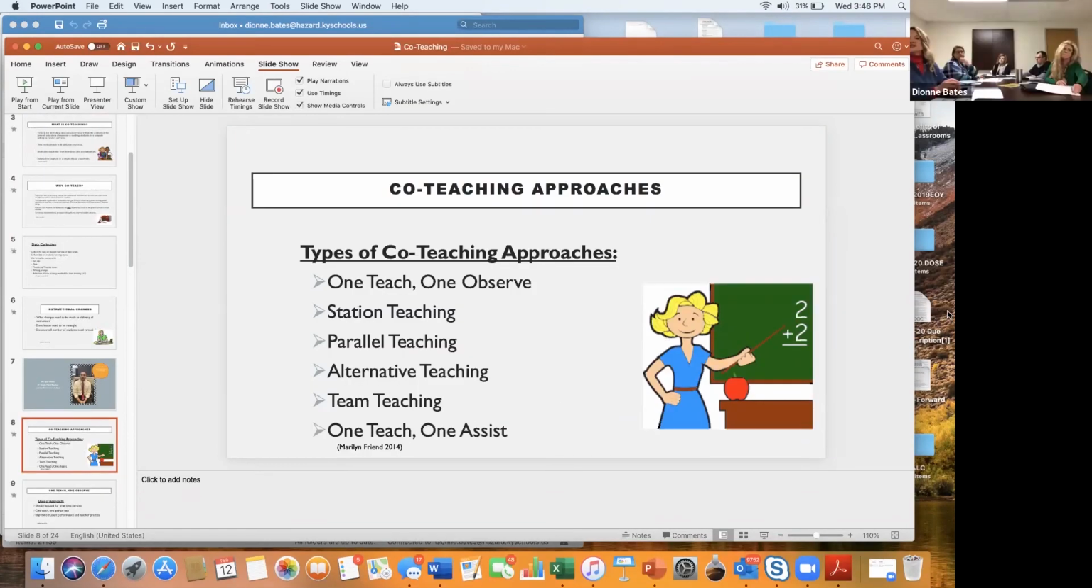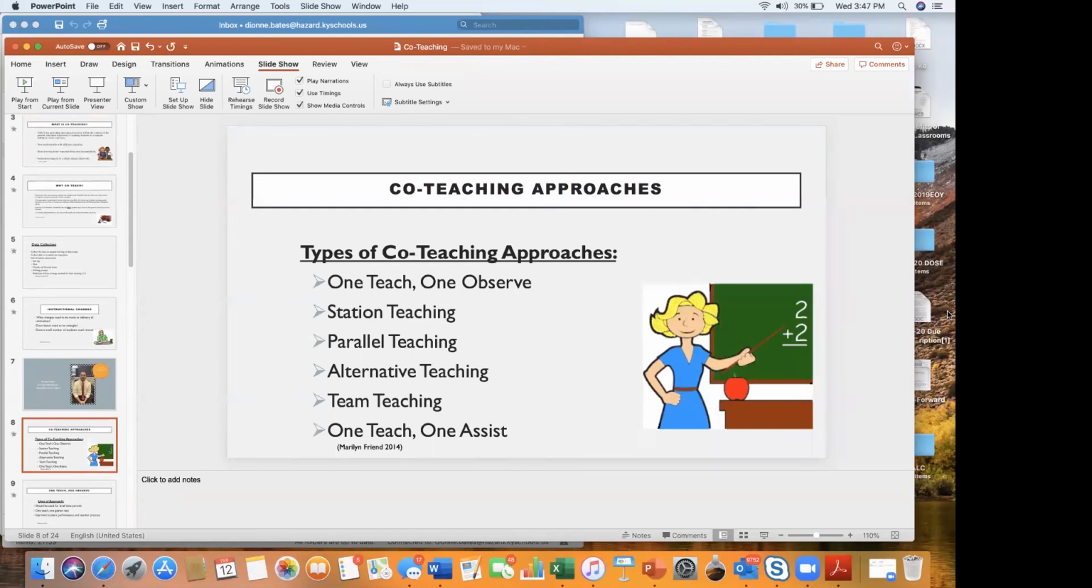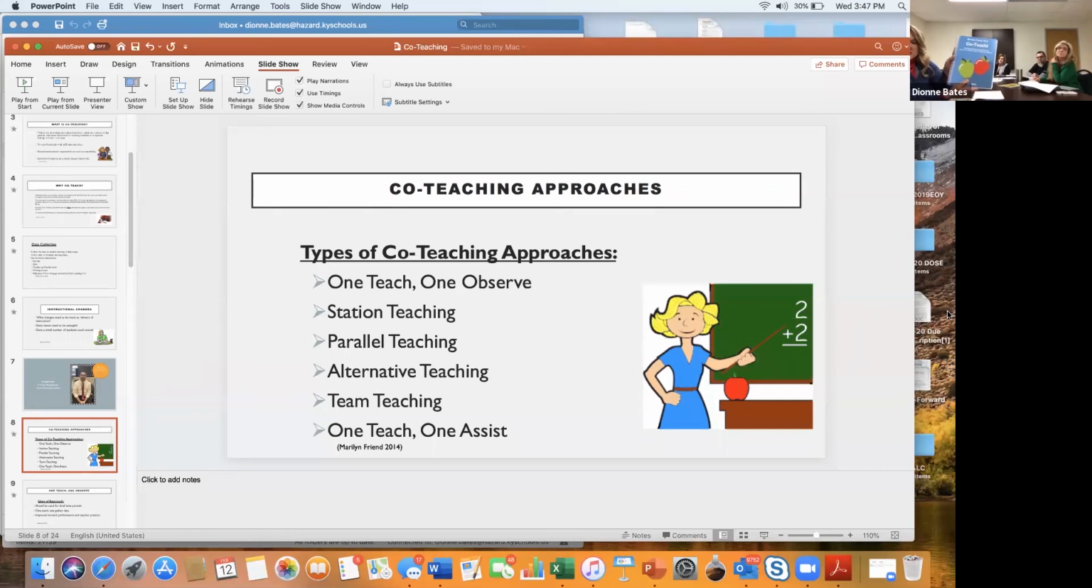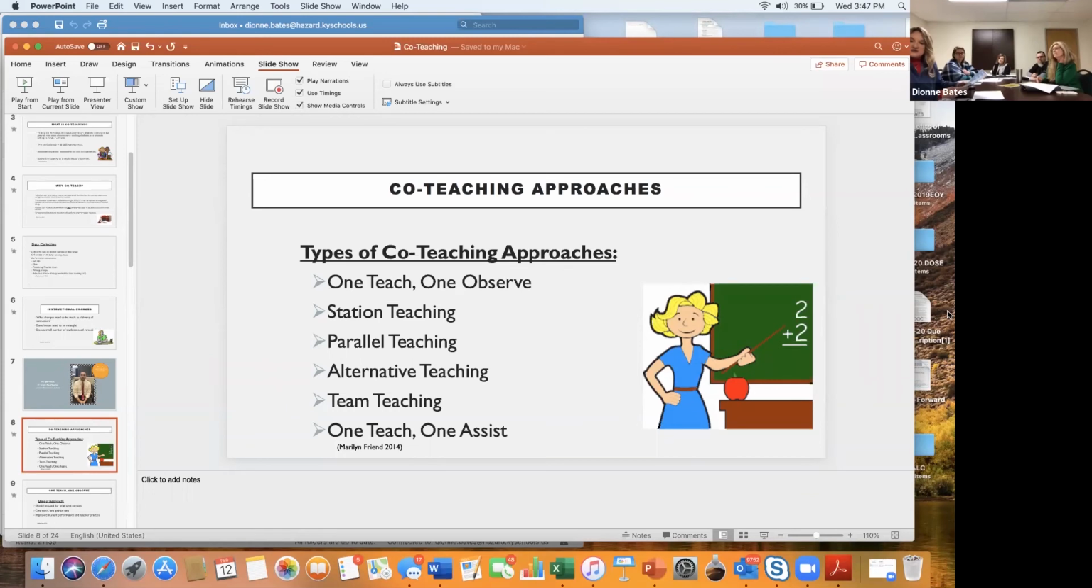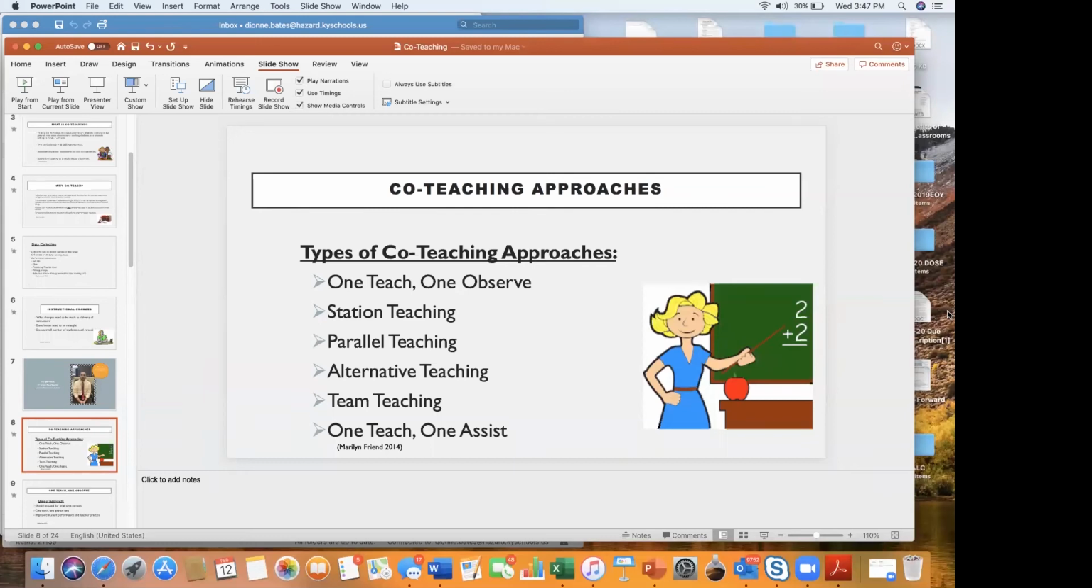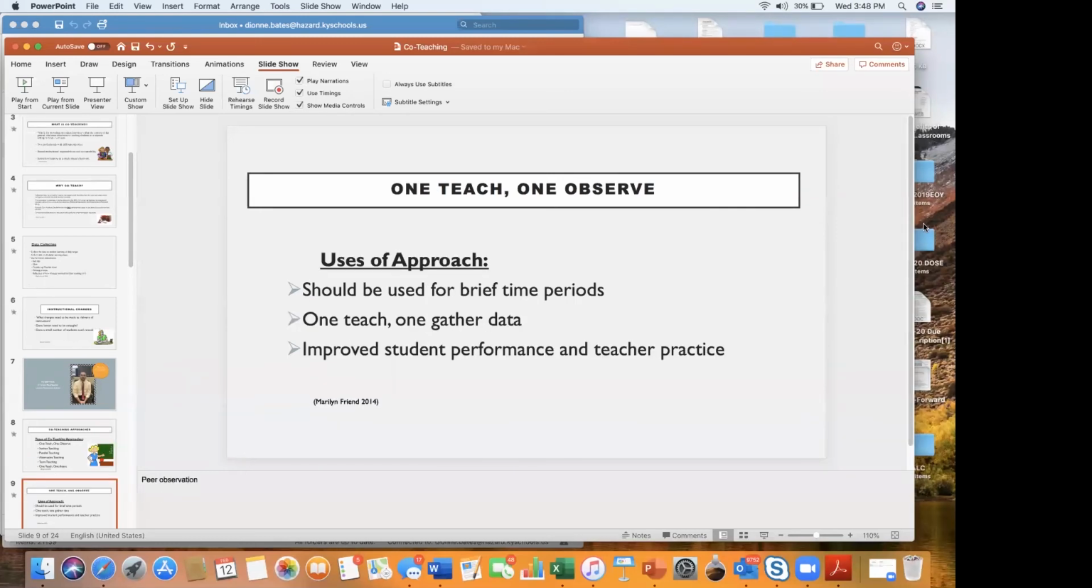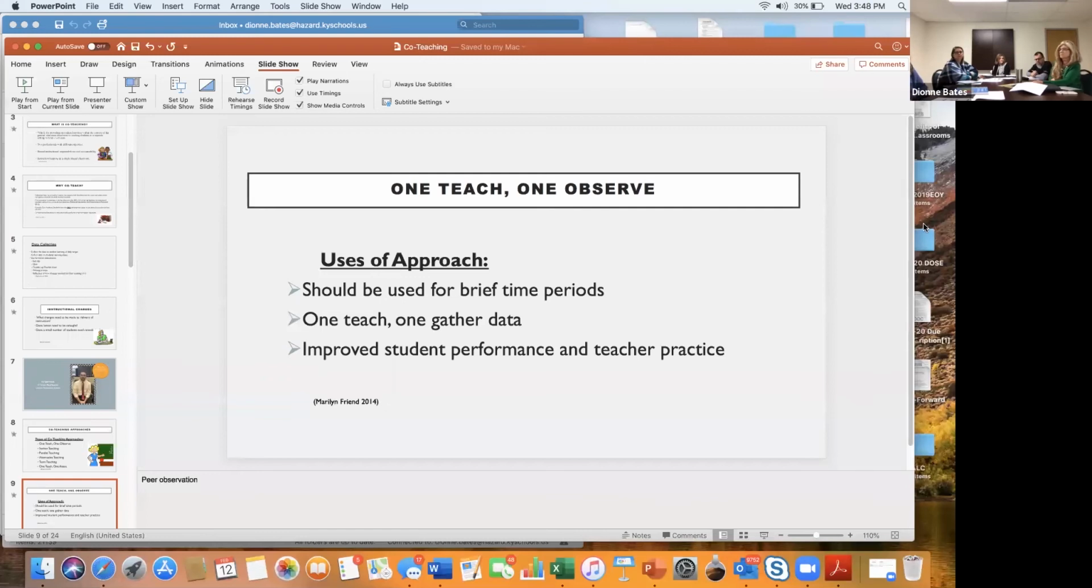Okay. Well, let's talk just a little bit about the co-teaching approaches. So based on the work of Dr. Marilyn Friend, and I'm going to put this book up here, this is the one that we use most often, she talks about co-teaching and the co-teaching approaches. So those are on the screen right now, and we're going to spend a little bit of time talking about each of those. As Dion was saying, one teach, one observe is a great way of gathering data